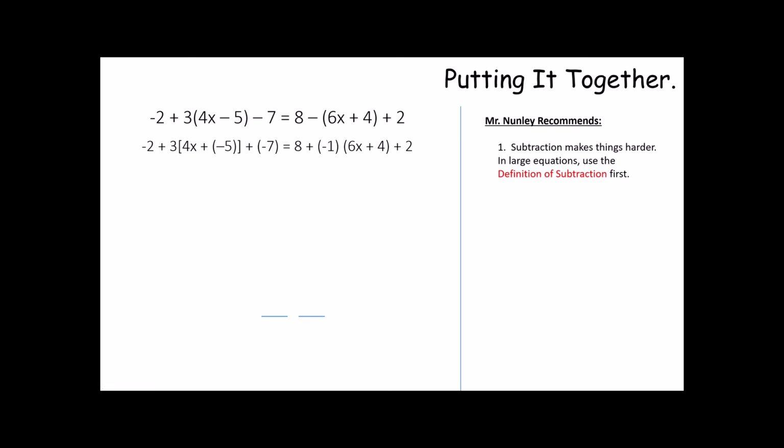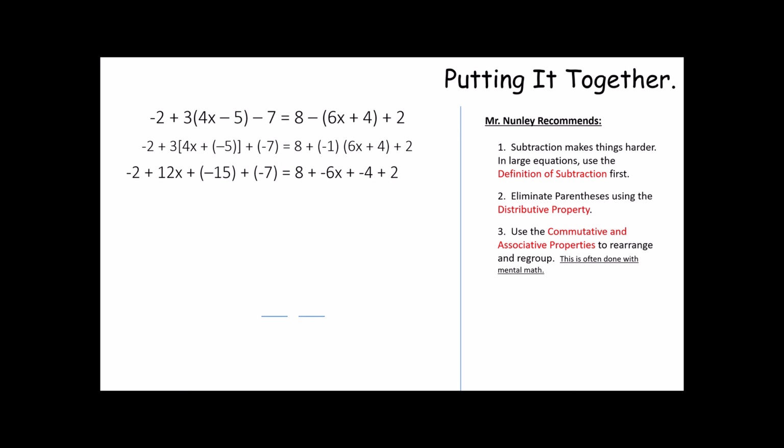Always do the definition of subtraction first. Always try and get rid of your parentheses using the distributive property. You've got a 3 that can be passed out to both of these. You have a -1 that can be passed out to both of these. Once you've done that,